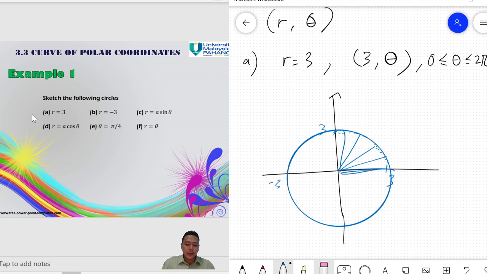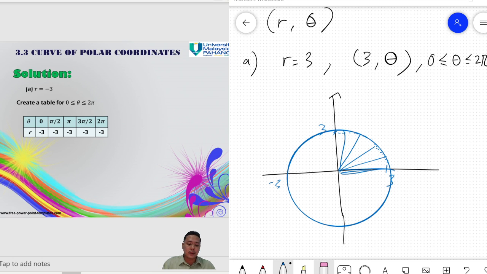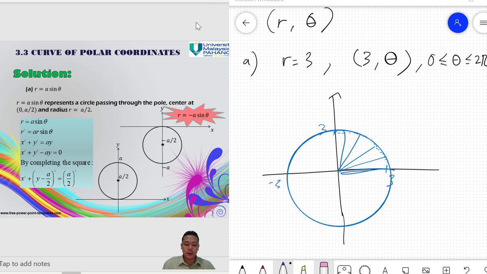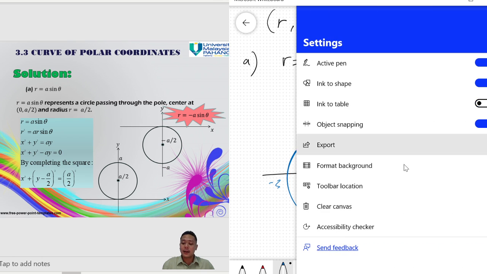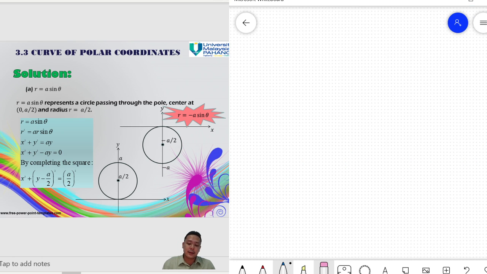Why not we proceed with the C? Actually, the question should not be sketch the following circles. You will sketch the following curves, right? But let's ignore that. We move to this representation. Still a circle, yet this time we assign a parameter of alpha, or let's just name it as A. R equals to